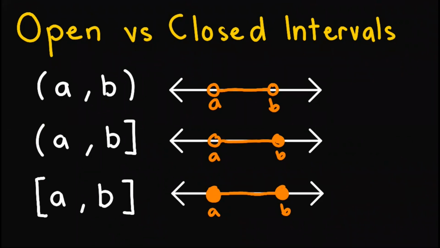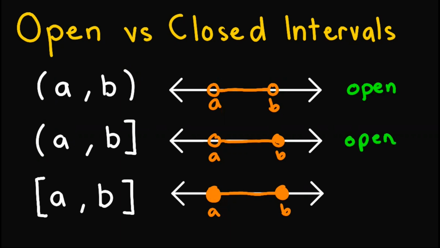So for open intervals, we say that an interval is open if either both of these are parentheses or at least one is a parenthesis. So basically, this means that an interval is open if one or both of its endpoints are not included in the solution. So for this case, there are hollows out here. So we say that the first two are open